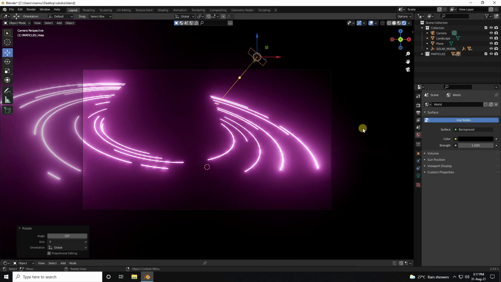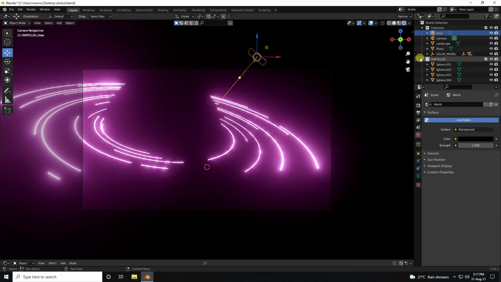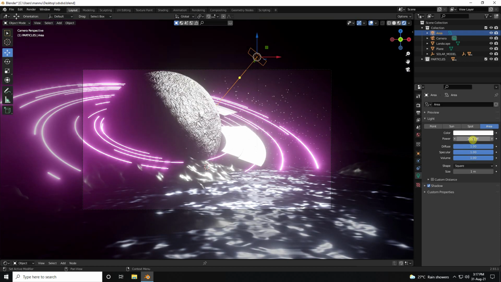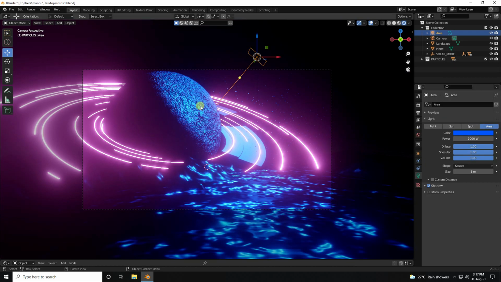Yes, and guys, select this light, this one, that's my area light. Select this one, and guys, power, that's my bright light blue, like 2000. Yeah, 2000. And color, guys, I like blue, so the color code is this one as 0.65, and S I like 1. Yes, beautiful guys.